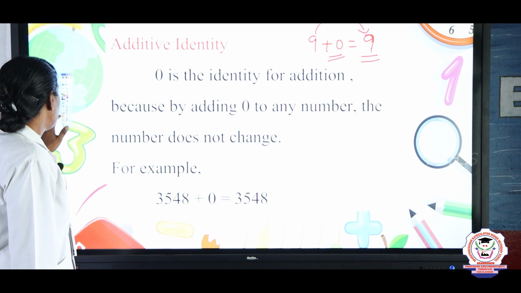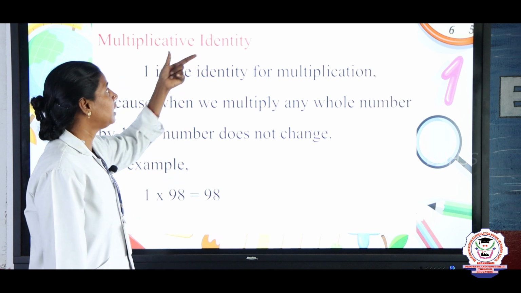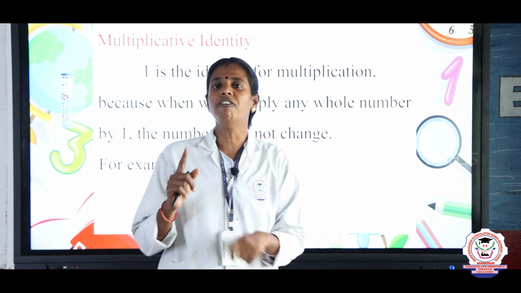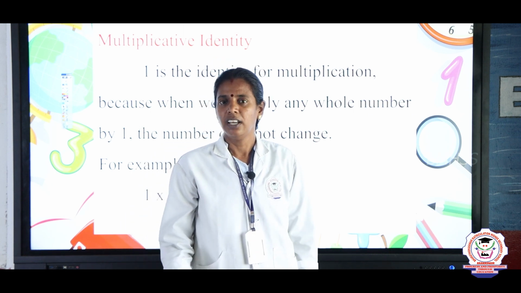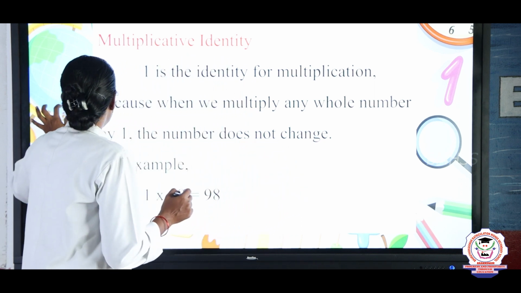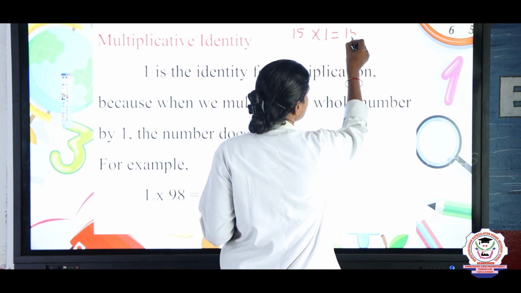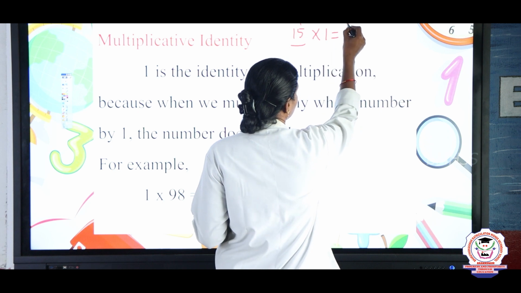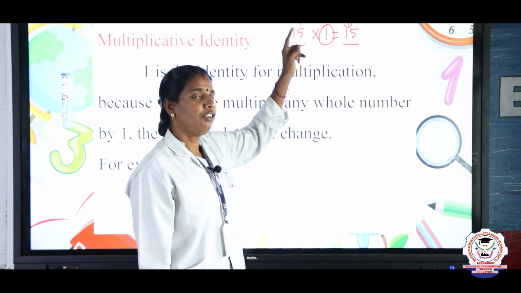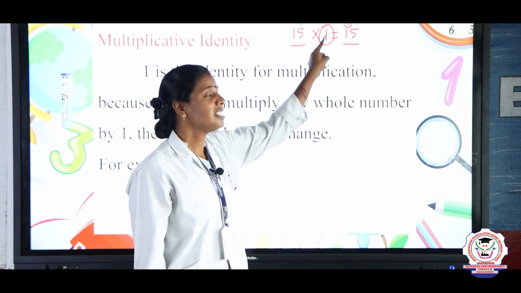Next we are going to see multiplicative identity. Multiplicative identity is nothing but the identity with respect to multiplication. Whenever you multiply a number by 1, we will get the same number, right? Any other number, if you multiply, the value will change. For example, if you take 15 into 1, what will be the answer? I will get the same number, 15. So here 1 is the identity. Is it clear? Except 1, if you take any other number, we will get some other answer. The value will change, right? So we need to get the same number.